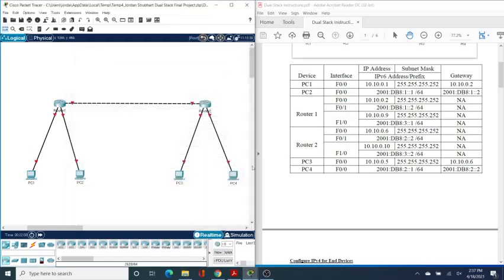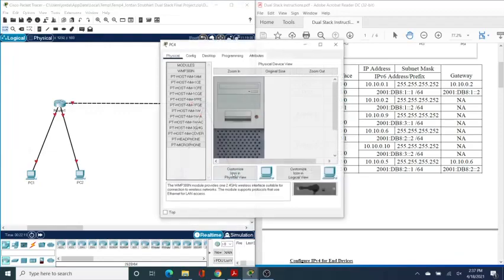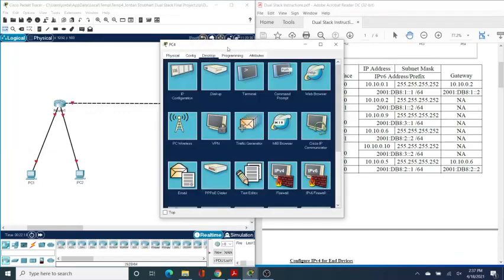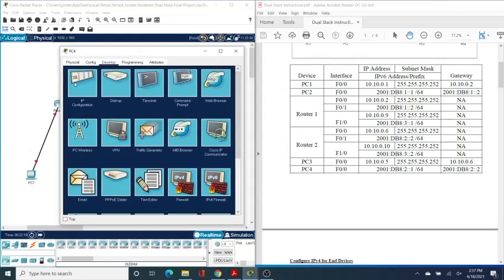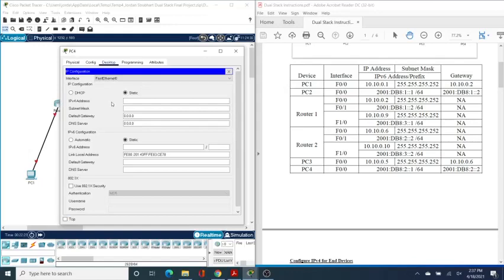And now we're going to do the same thing for PC4, our other IPv6 device. So we go over here, same thing, click on PC4, click on the desktop tab, go to IP configuration, go on down here to the IPv6, verify that it's static, and we're going to go over here to the PC4 address. So 2001:db8:2:1. Same thing as before, you have that slash there separating that, so then we're going to put /64,